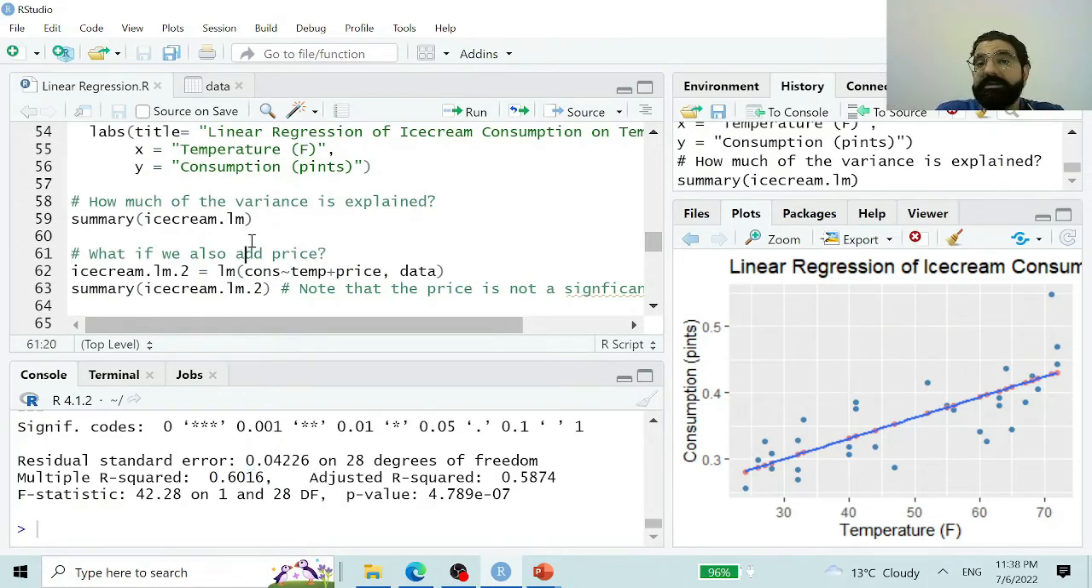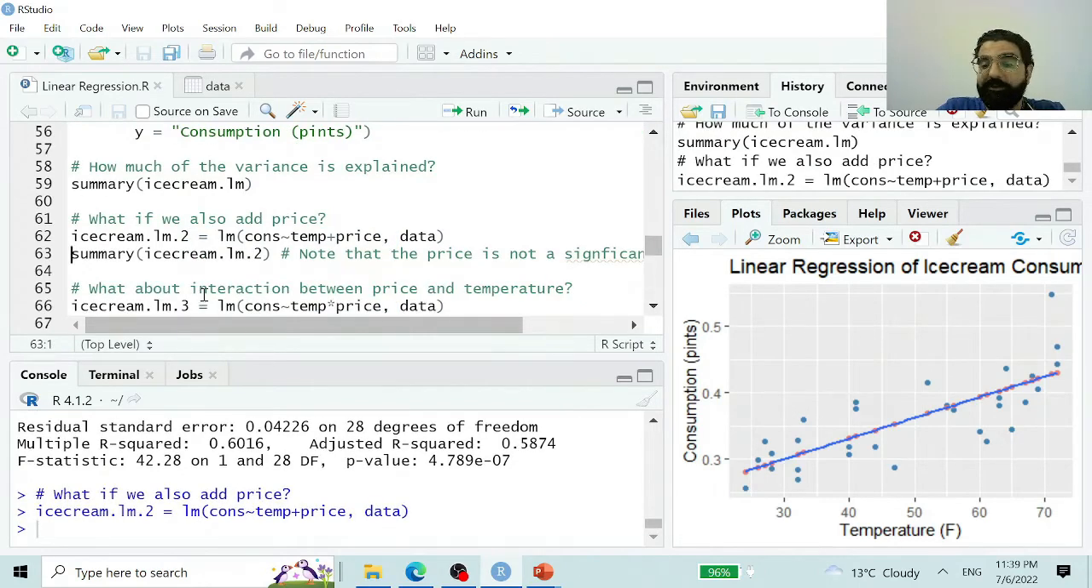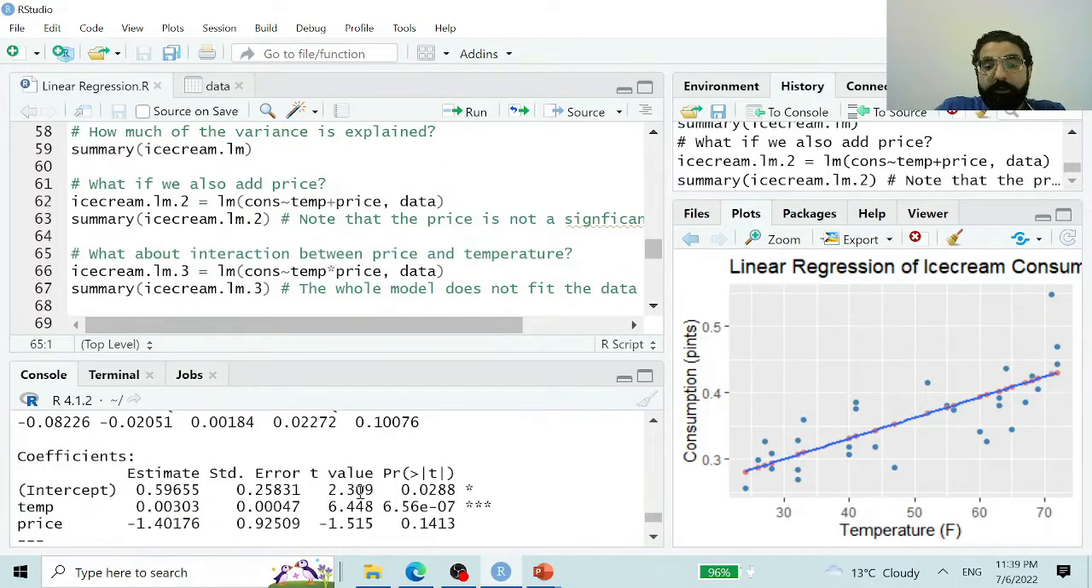But now let's think about this. When we looked at the correlation plot, there was some tan value for the price itself. It kind of says that when price is increasing, the consumption might be going down. So what if we add price to our model? The way to do this is just to have a plus in your formula, plus price. In this case, you're going to have an intercept, a coefficient associated with temperature, and a coefficient associated with price. If we fit this model, which is the LM.2 model, and look at its summary, we first note that